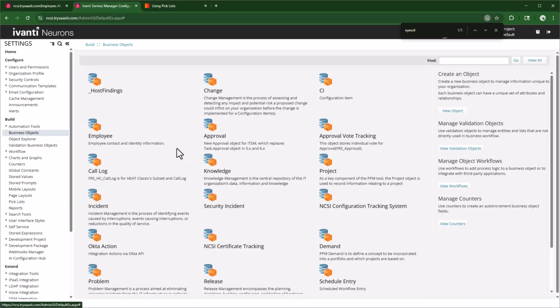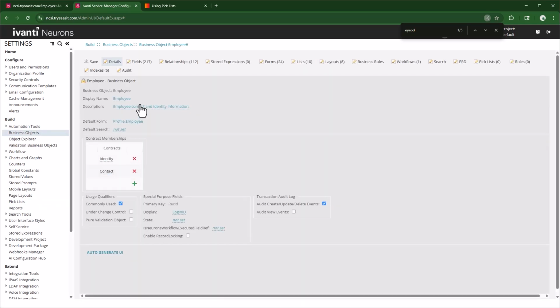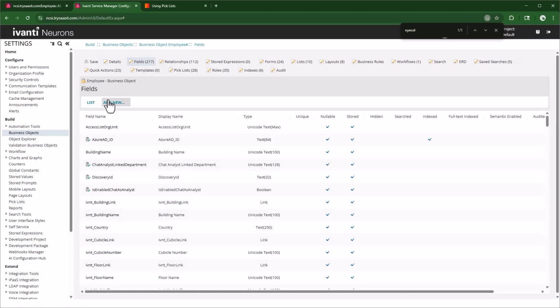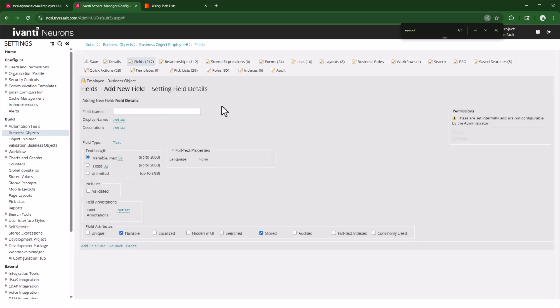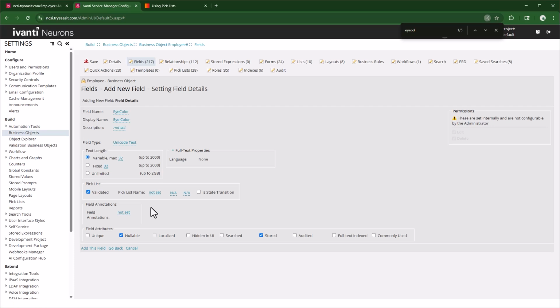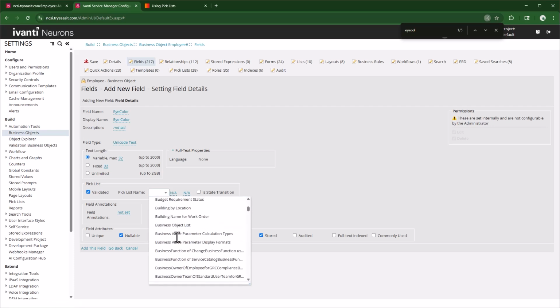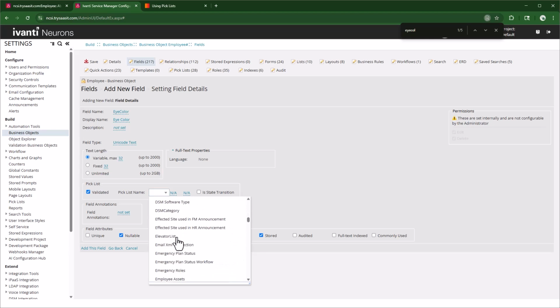Now we need to add that to the form. So we'll go to our employee business object. We'll go ahead and create a new field. We're going to do add new, and we're going to match the type. So text field. And then the field type will match the field type. And then invalidated, we'll check this, hit not set on the pick list. And then you do have to scroll down and find it. Unfortunately, you can't type to kind of filter it down. So just scroll until you find